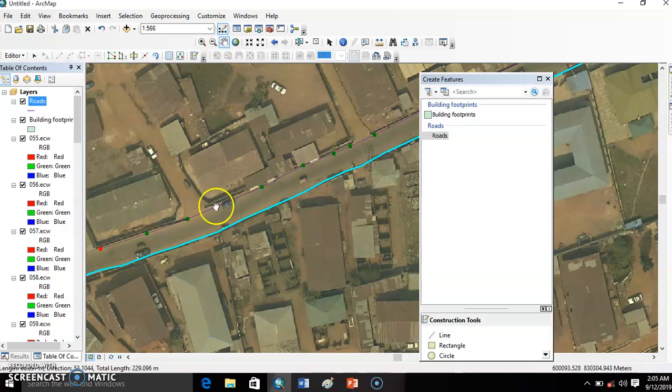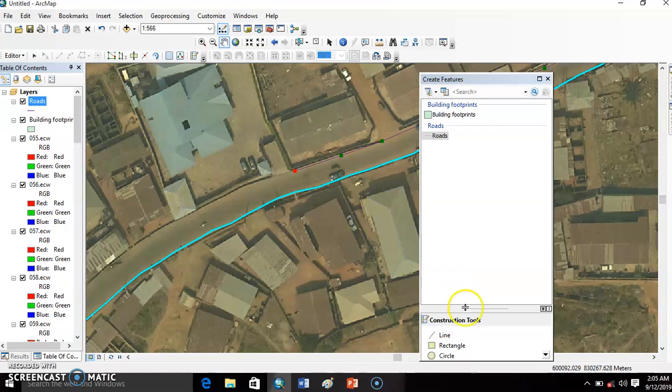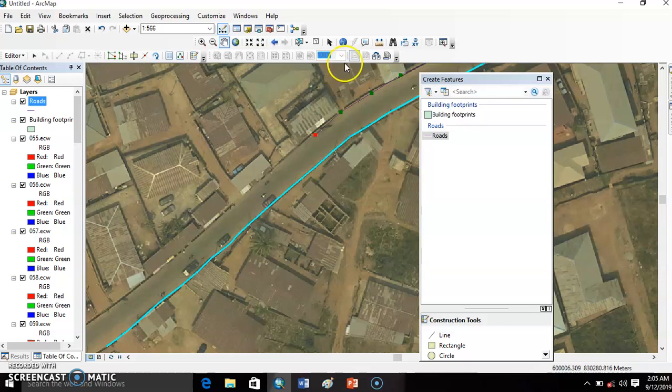And then when you are in this environment, you can actually digitize your road in two formats. After you have digitized the edges of the road, you can also digitize the center line of the road. In this case now, when you are done with the edge of the road, then you can now digitize the center line so that you can use any of the models to represent the data when you want to work.